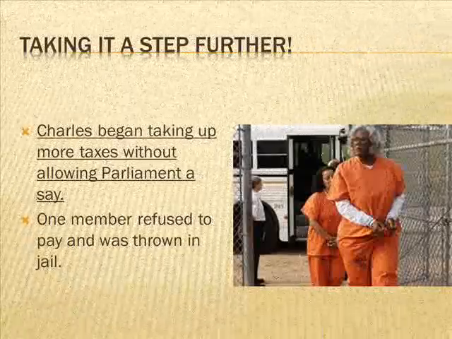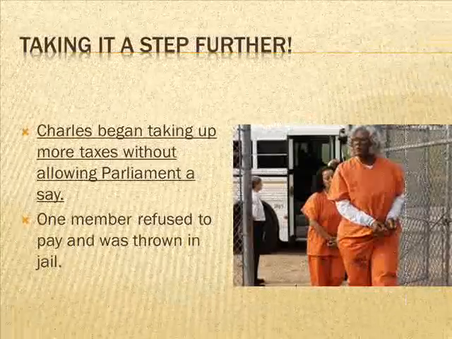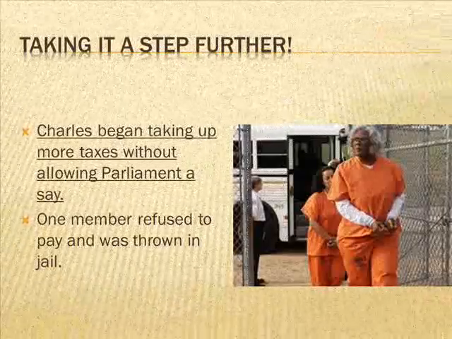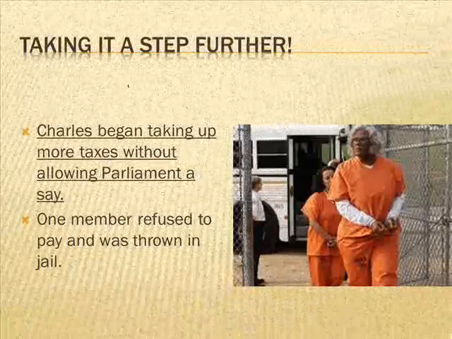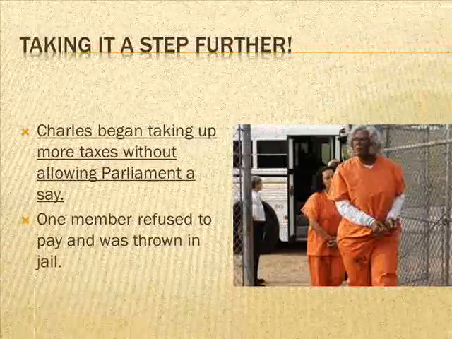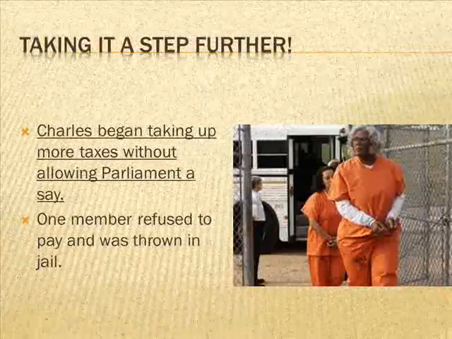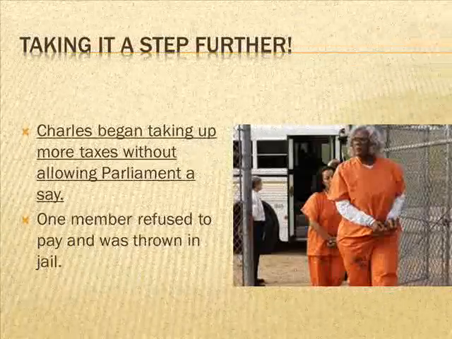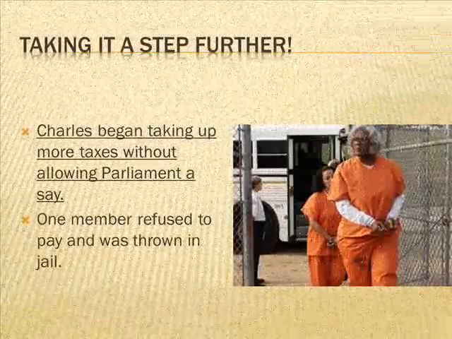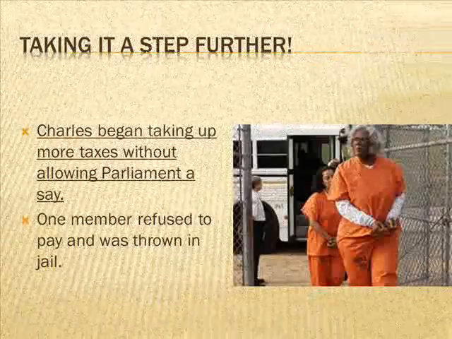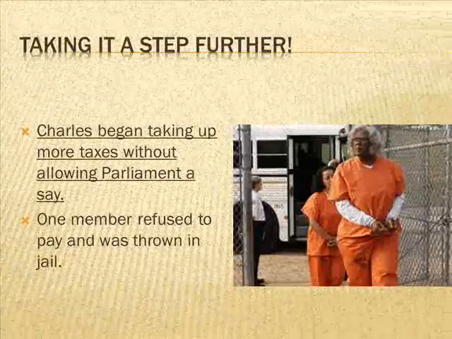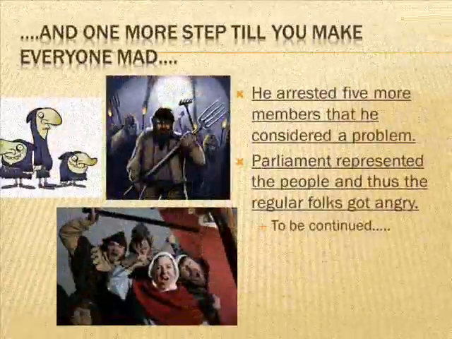Charles began taking more and more powers. And one power he decided to take was the power to tax people, without giving Parliament a right to say anything about it. He would just decide what taxes were. One member of Parliament decided to put his foot down and said, you know what, I'm not going to pay this tax. King Charles is a tyrant, and I don't like it. And so King Charles did what government does if you don't do what you're told. He locked the guy up. Now, I want you to know, this would be like if our president started locking our senators and congressmen up today. Now, I'll be honest, there are probably a lot of people that would like that. There are probably a lot of people that would dislike this. The English people were not impressed.